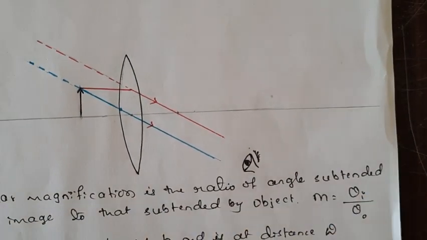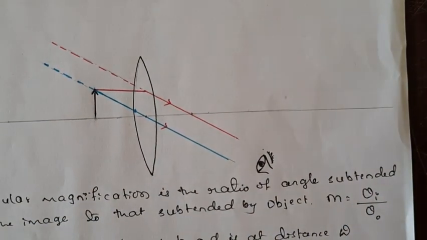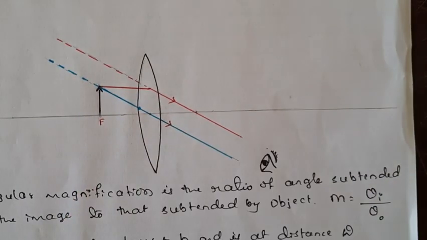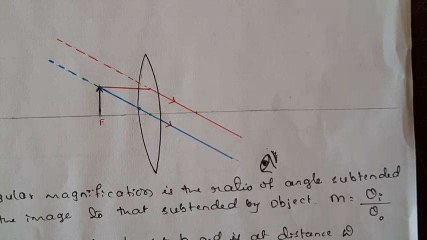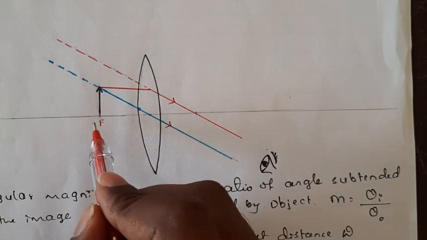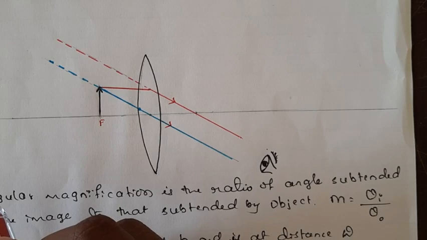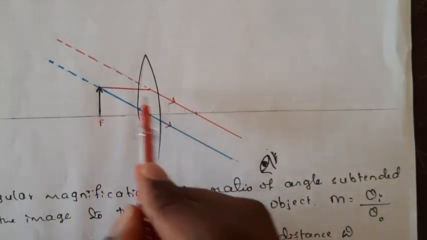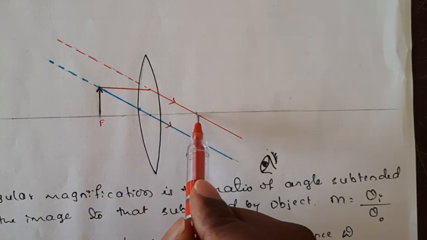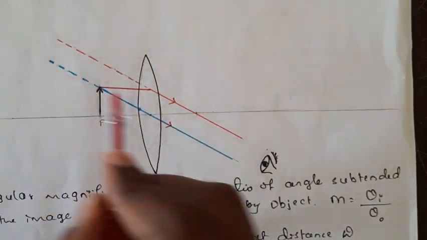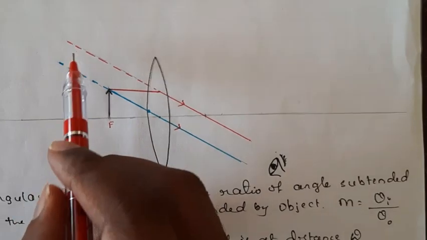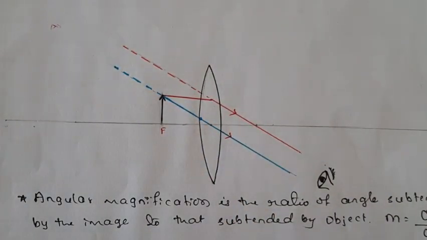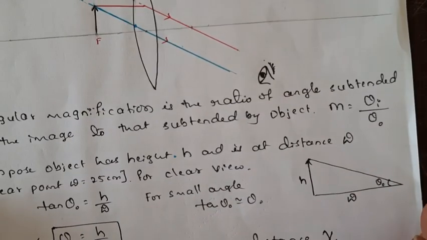Whenever you want to get the image at infinite distance, what should be the position of the object? We know the object must be at f. Then the image forms at infinity. Here the line is passing through O, and our other line is parallel to the principal axis. It is passing through F, and they never meet if we extend them backward. So we say they meet somewhere at infinite distance. So the image is at infinity.